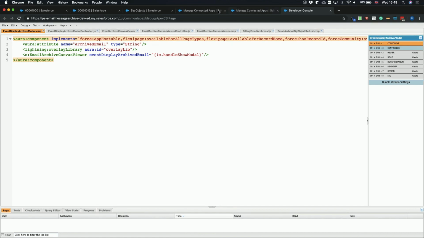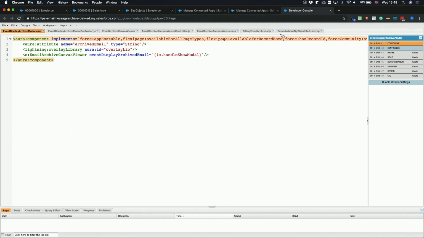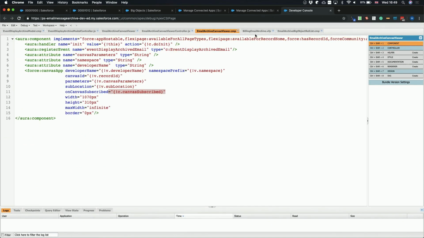Does the Canvas or does the event listener need to wait for the Canvas app to be subscribed, or can it just be set up on the init method of the OR component? It could probably be set up on the init, but as I was going through this, I thought, why is that there? That's there to say, yep, it didn't barf on us, so let's go ahead and do what we want to do. There is another gotcha in here,